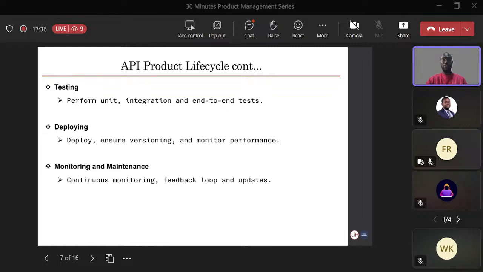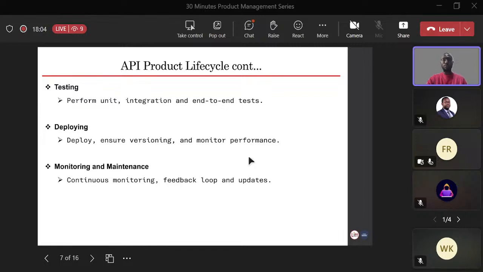So as you are doing the development, you are also testing to make sure that the incremental updates you are making on that particular API are devoid of bugs. I mean, you can't rid it of bugs 100%, but you can at least mitigate the number of bugs or errors that are going to come up as you are building and testing at the same time.